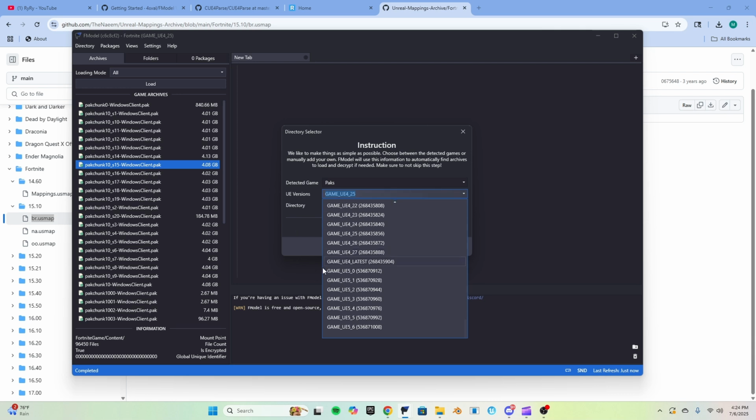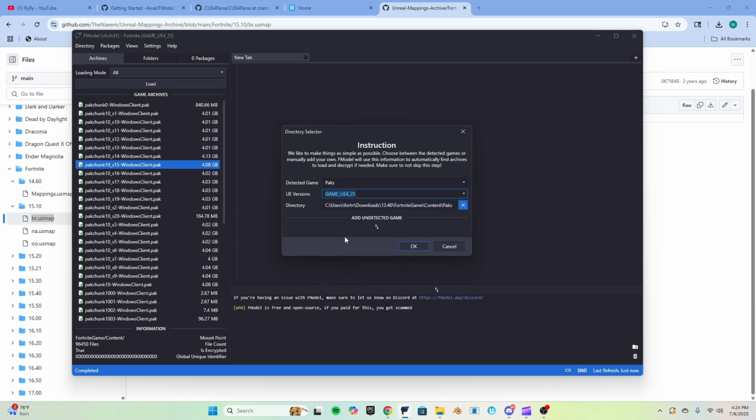So that's how that works. Now, if you downloaded a Chapter 2 Season 7 build, you can just put UE4 latest. If you downloaded 14.60 and later, you could just put UE4 latest and it will still work because you have those mappings.usmap. Anyways, for Chapter 2 Season 3, it is UE4.25, at least for 13.40,